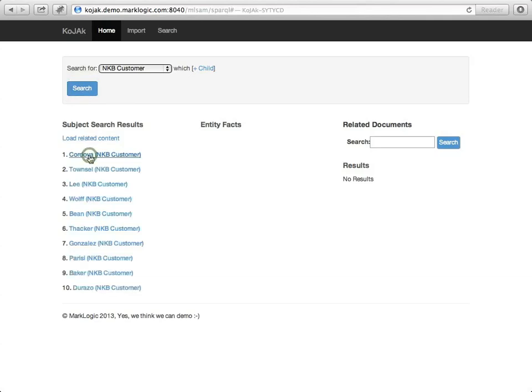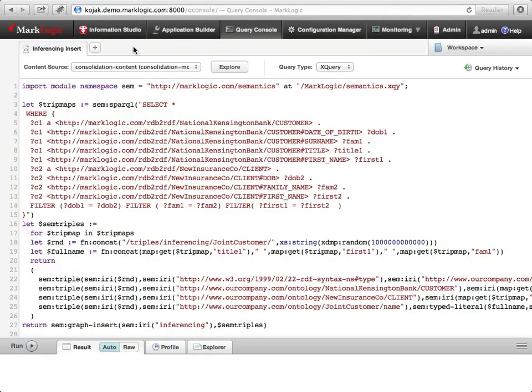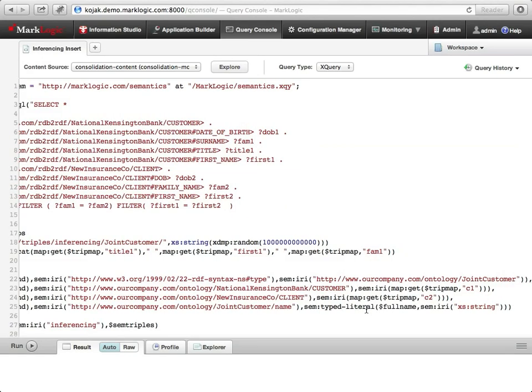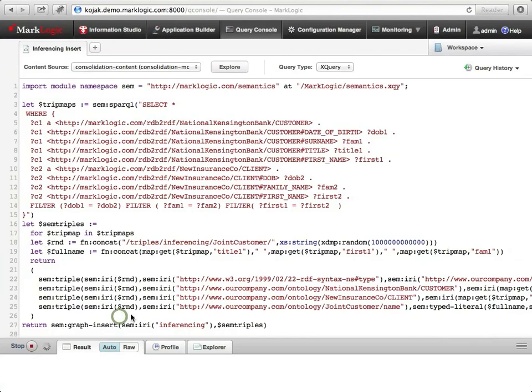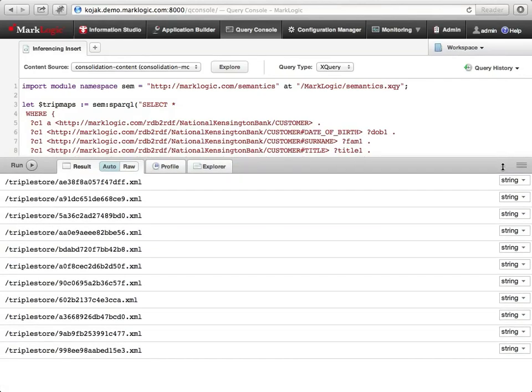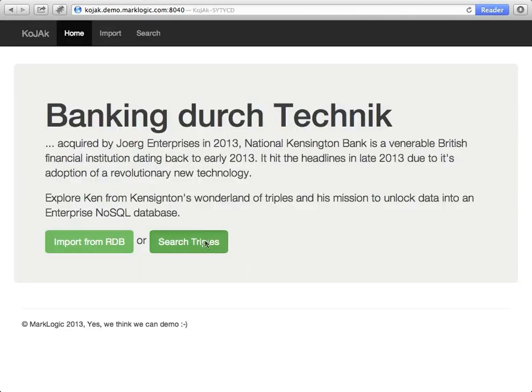Nice. But what about just finding the joint customers? Well, let's run a query that creates joint customer entities for people with the same dates of birth and names. This adds a bunch more triples into MarkLogic. This means our future queries will be much simpler. You can just search for joint customer entities and go from there. Hey, that almost looks like SQL. Yes, well, if you like that sort of thing, I suppose. I'm more of a subject-predicate-object man myself. As you see, we're linking all National Insurance Company clients to National Kensington Bank customers. Easier than creating a whole new schema. That would take months. Yeah, I bet. And the beauty is we're not altering the existing data, just adding new facts.